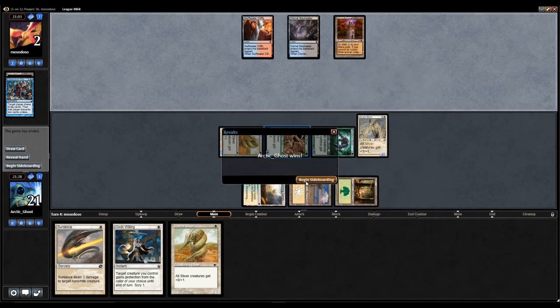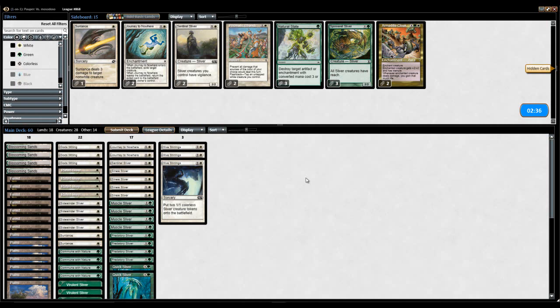So, like I said, the creatures individually are not very good. But when you put the creatures together, they're very good. But the problem is the removal in Pauper is so cheap, and does so much damage that it's very, very hard to...